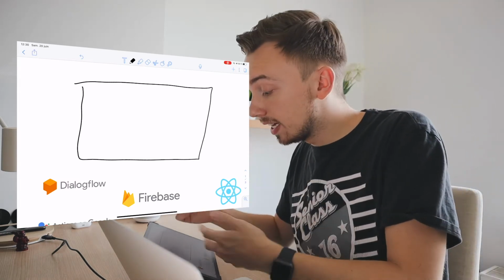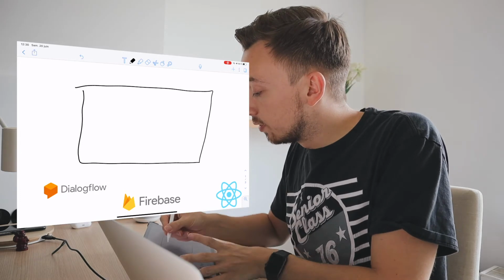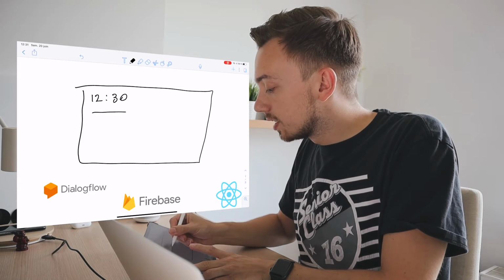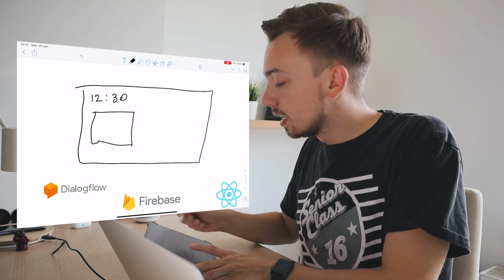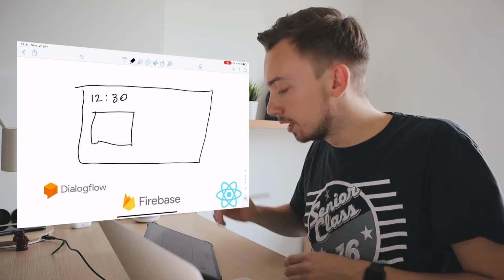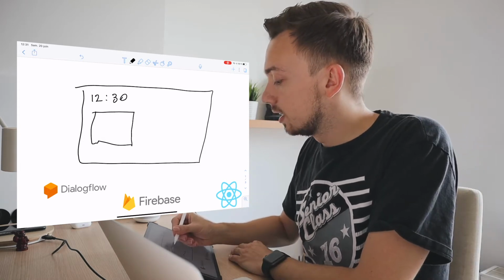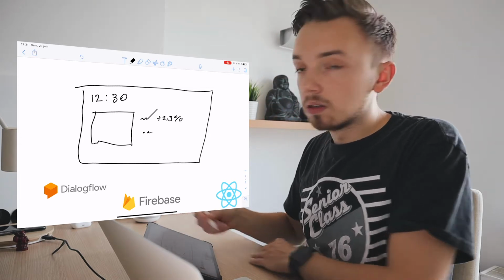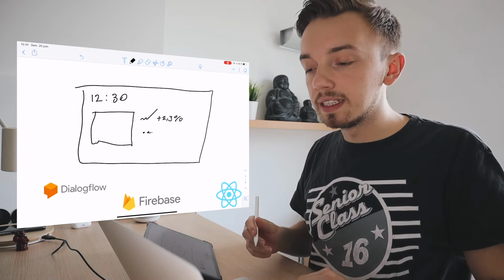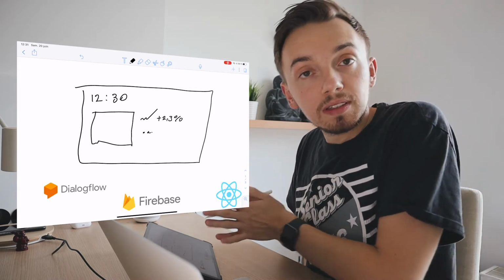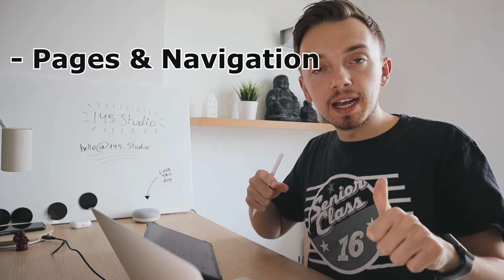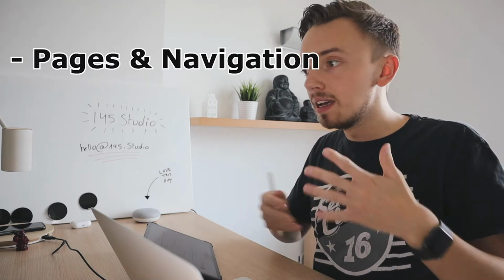So you will have your screen like this, and you will have some basic stuff like the time, some applications. We will make a whole mock-up that will be a separate video. What can we have? Some stocks, like how much money you made that day, and so on. The whole thing with this is that we will see multiple things inside a React application. We will, for example, see how to make a router inside a React app, how to have multiple pages and navigate through